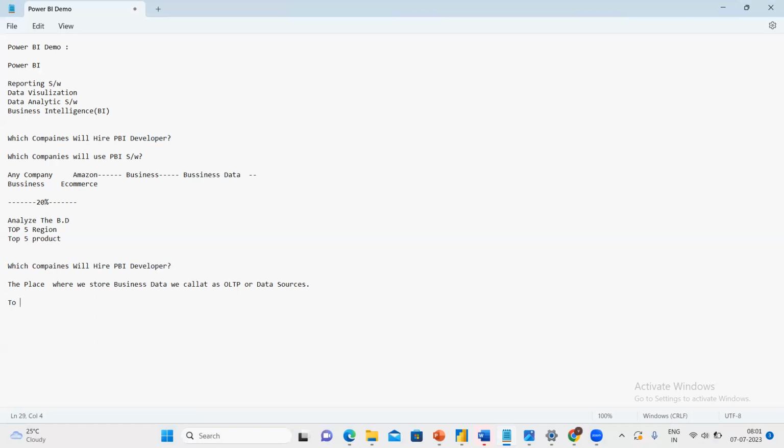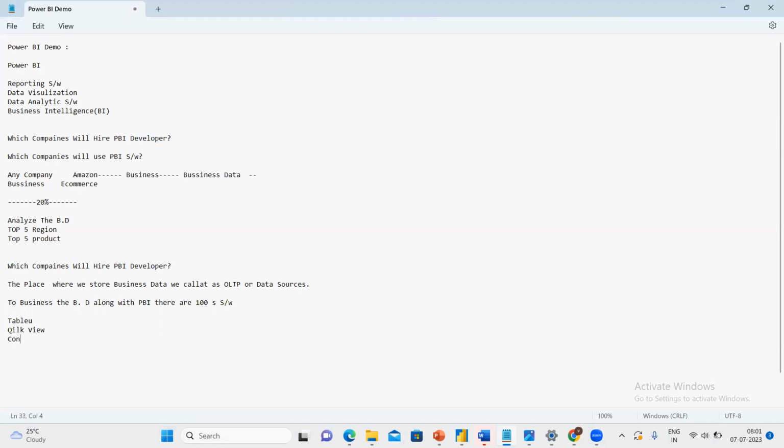To analyze the business data, along with Power BI, there are hundreds of softwares. What are the softwares, guys? I'm giving Tableau, Qlik, QlikView or QlikSense, both are same.